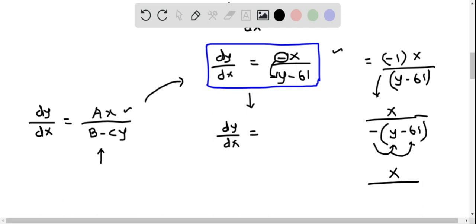We have to flip these two terms in their signs. So we have y minus 61. When we flip the signs, we will have positive 61 and negative y. So we can write down this dy by dx as x over 61 minus y. Now, if we compare this dy by dx with the dy by dx given, we have exactly written it in the